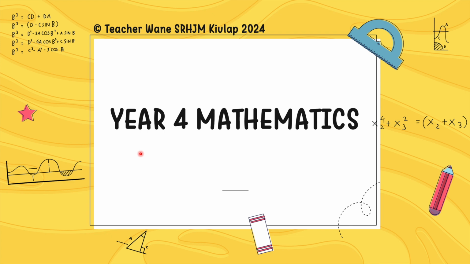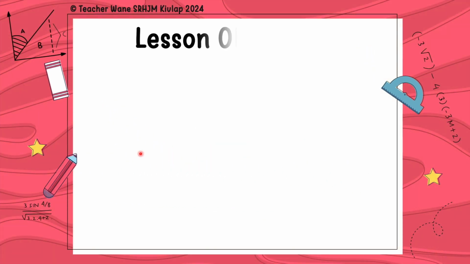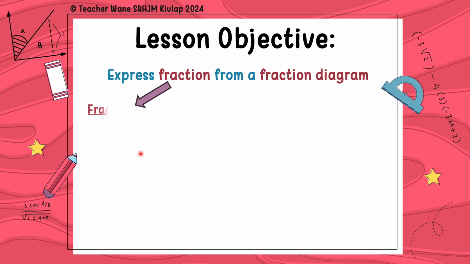So today, our Year 4 mathematics lesson, our topic will be fractions. So what is our lesson objective? Our lesson objective is today we are going to express fraction from a fraction diagram. So for this lesson, you must know how a fraction looks like. So a fraction is